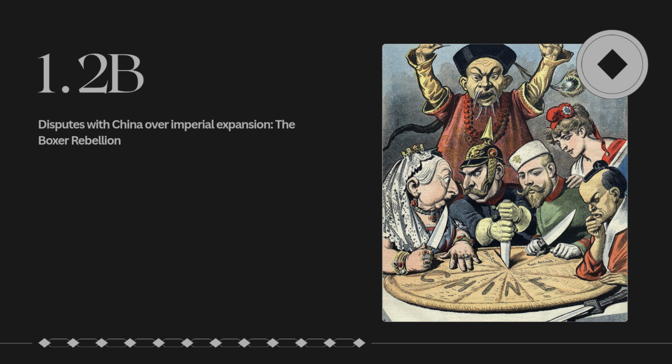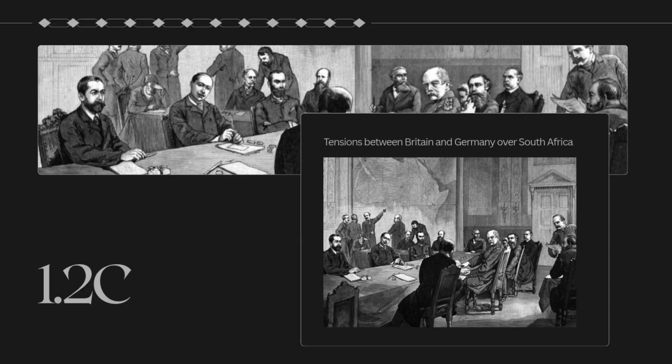So that anger that they had caused the Boxer Rebellion, where Chinese groups tried to remove foreign control, but they were defeated, and China became even more controlled by outside powers. In Africa, the Boer War showed how far Britain would go to gain resources like gold and diamonds. Overall, imperialism created rivalry, conflict, and instability, which helped lead to larger global tensions and eventually will contribute to World War One. Okay, so this is a longer chapter or section, so just buckle up.